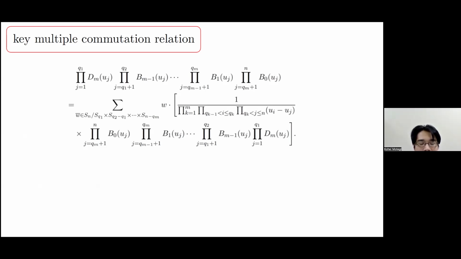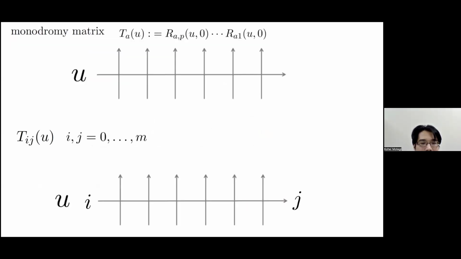I will explain how to, I will actually see an example of this multiple commutation relation. So first we have to introduce notation. I think many people here know about it, but let us recall. By multiplying R matrices, what you first think of when you consider algebraic Bethe ansatz, for example, is that you introduce a monodromy matrix, which graphically looks like this,